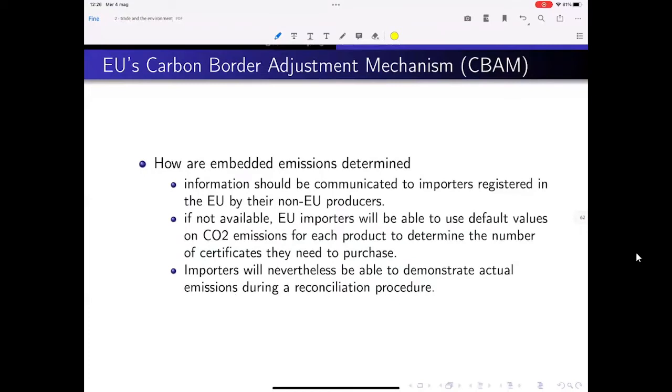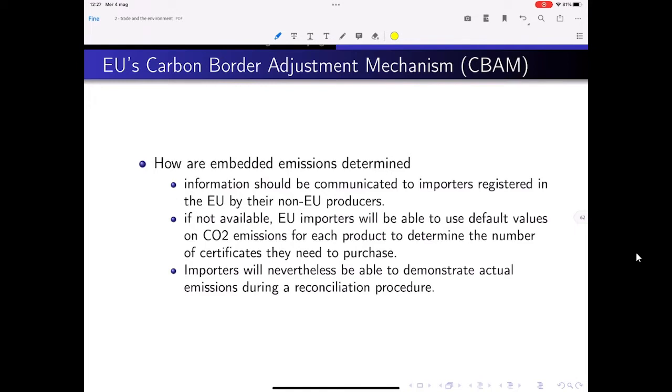That's just the detail, because clearly here the issue, I don't want to talk too much about it, but it's clearly interesting. The issue goes back also to the figure I showed you before: how to determine the carbon content or the emissions of products imported. Okay, this is clearly a problem. It's not obvious to do this. And so the plan is, that's why there is this learning period for the 2 years, 23 to 25, where they expect to gather information that should then be useful for the later periods.